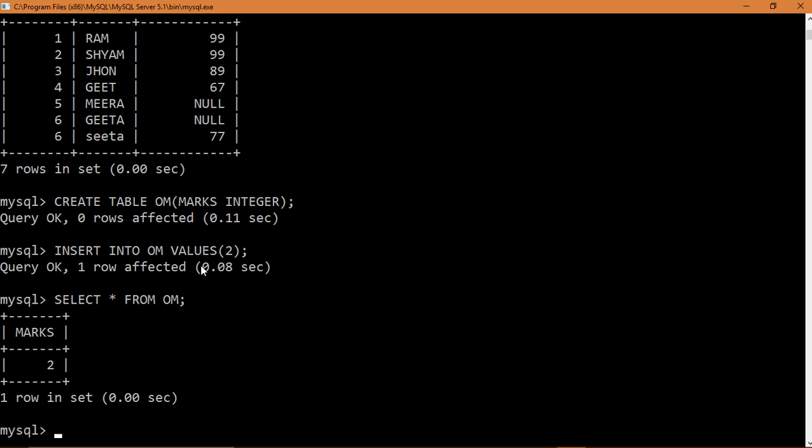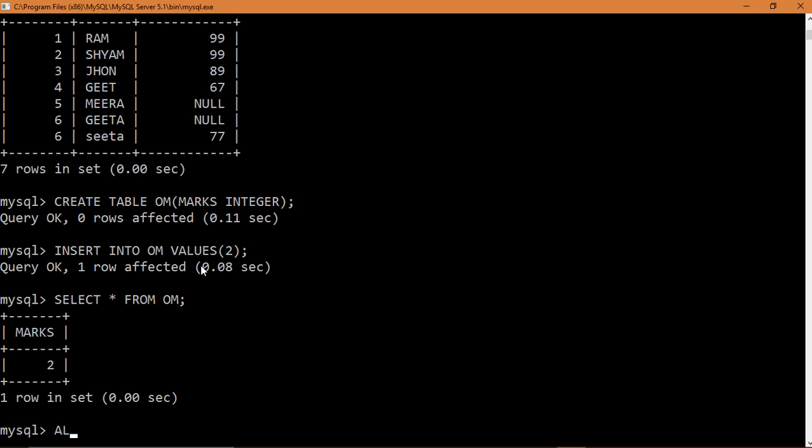For that I need to add another column to it. How to add another column? Modify, alter table. Okay, what we have done last time. How to add another column to it? For that you need to use the alter command, and you need to add. How to add? Alter table, then add the name of that particular column.